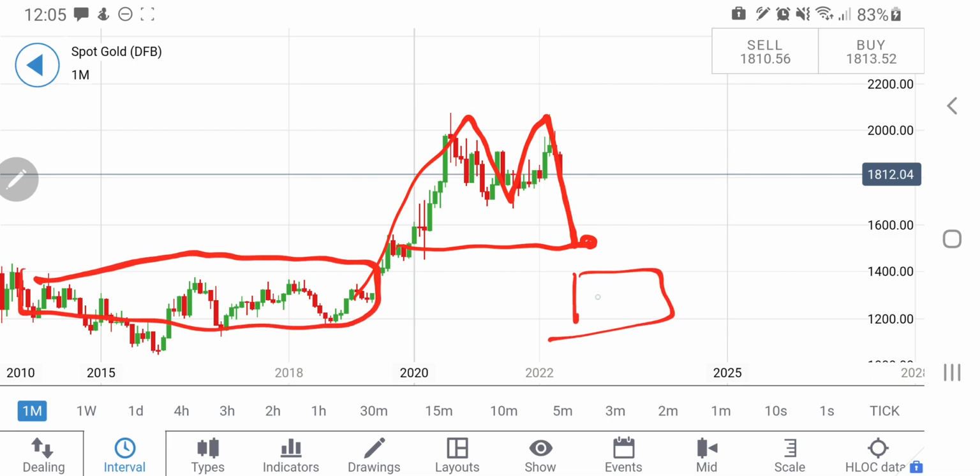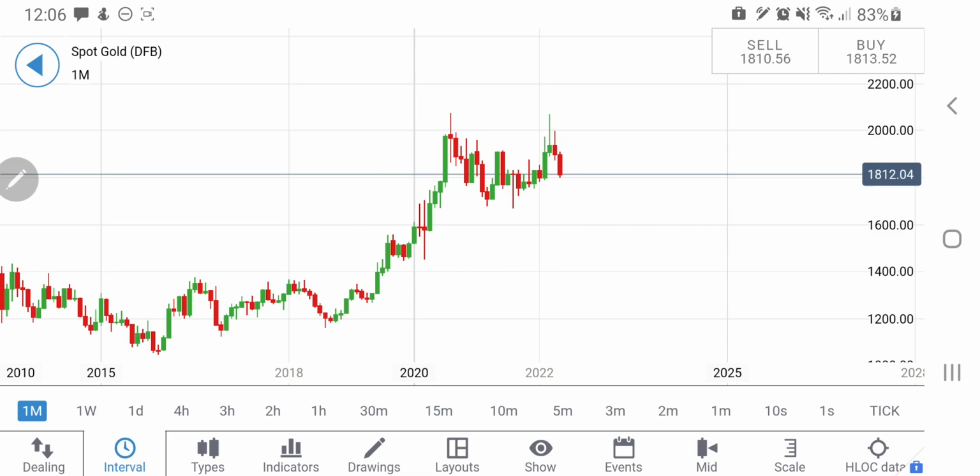This is the zone which it might try to see in the coming weeks and months if it continues to trade below 1700 levels. So this is a more futuristic view. However, in the near future, in the next week, if you see it trading below 1800, one can go short. The next target is going to be